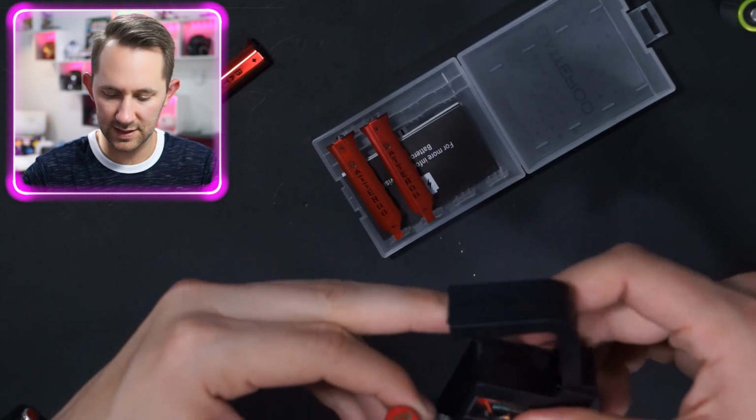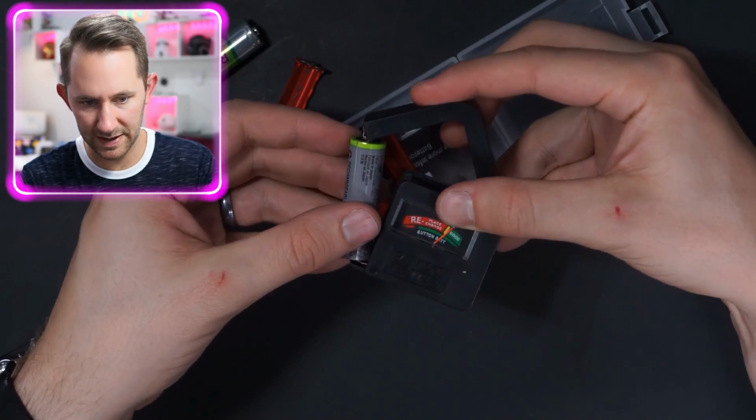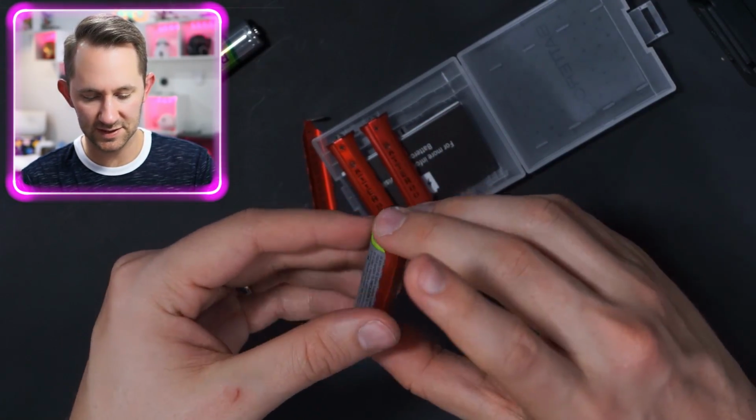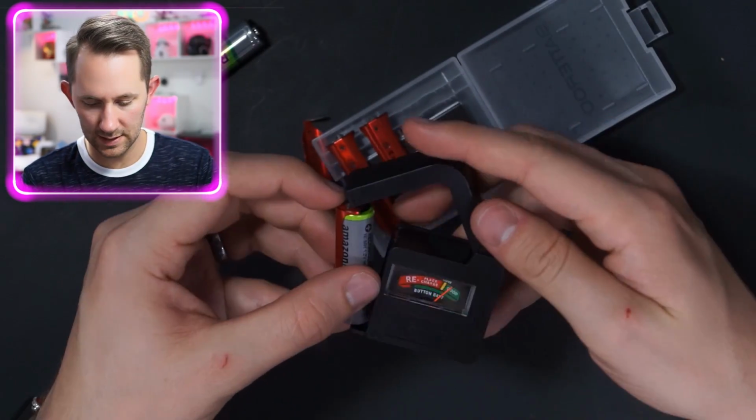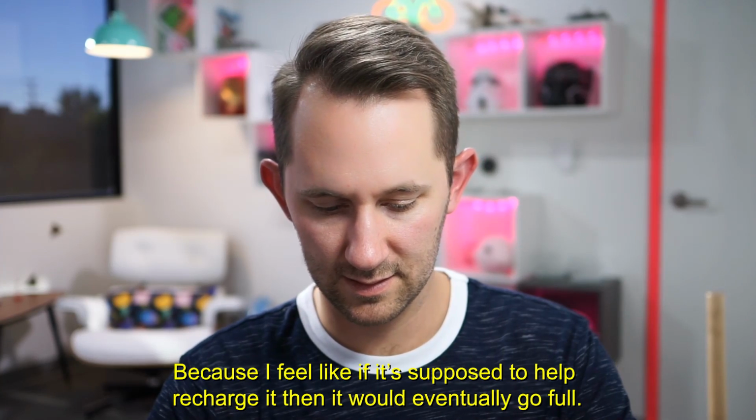Let's try a different one. Take 2. Nothing. Not sensing it. See, this battery's good. It says so right there. So if I put this on the good battery, let's see if it's still good or if it still doesn't even sense it. Yeah, no, it's still good. I think it's a load of hooey. I do too, because if it's supposed to help recharge it, then it would go